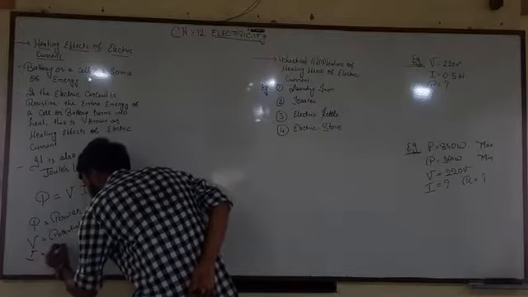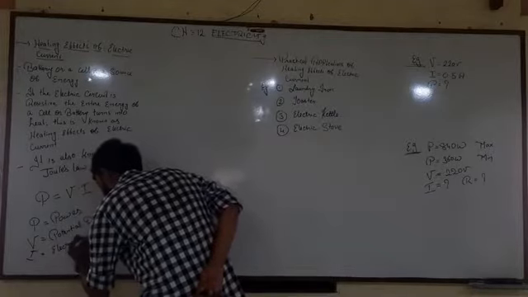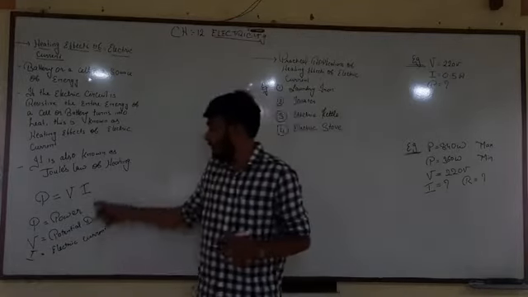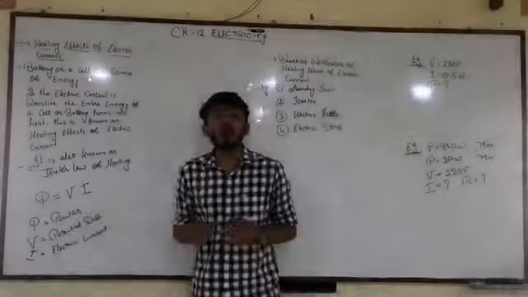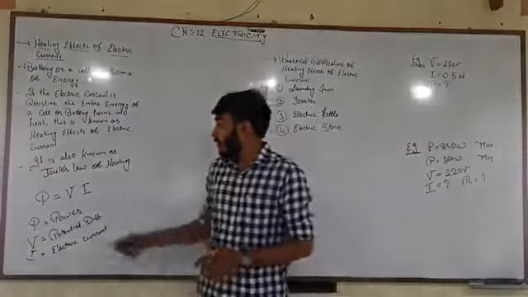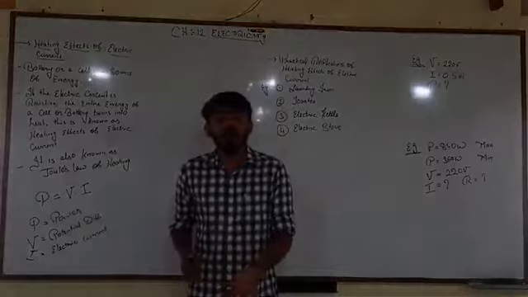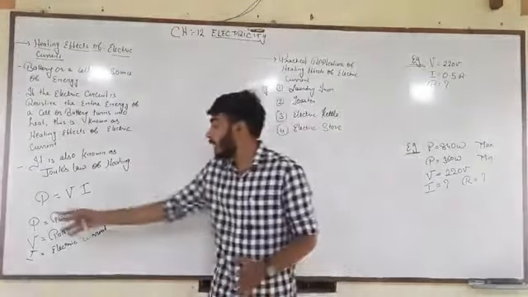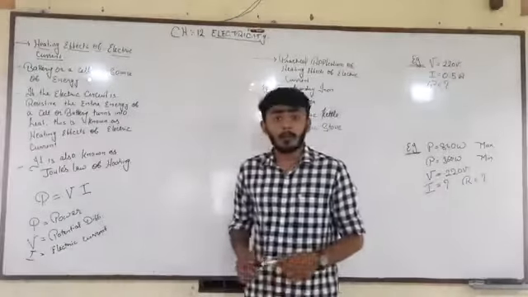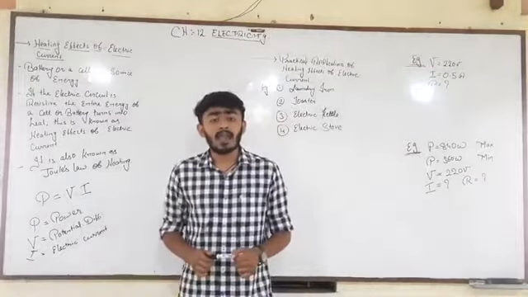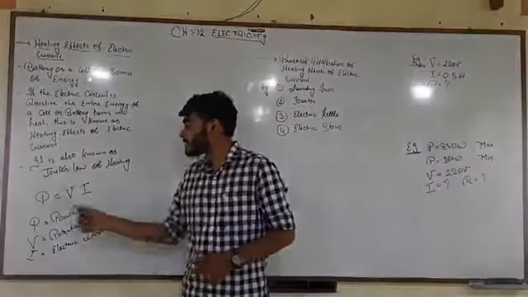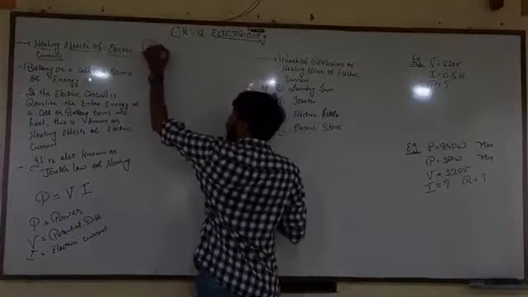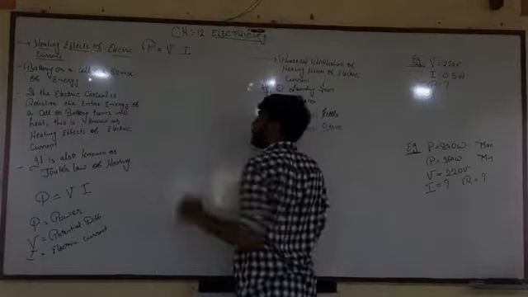It is the electric current. I have not written this properly, but fine, it will work. P is equal to VI. So this definition of power, you can also say that the product of potential difference and electric current is known as power. So here we can write again that P is equal to V multiplied by I.